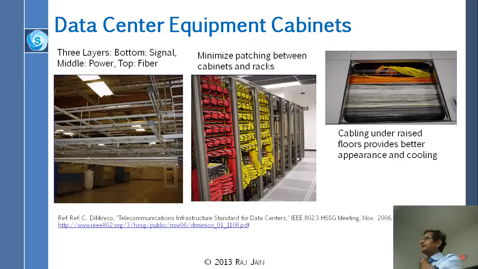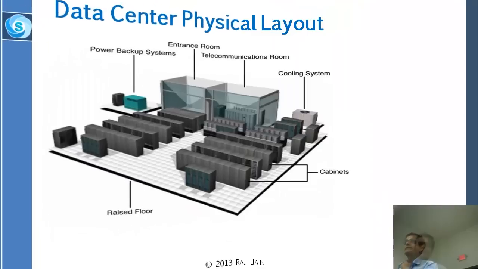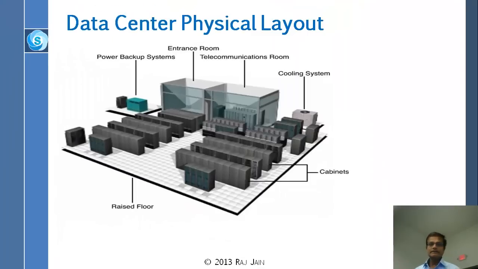Okay? Some places they would prefer, you don't need to have both. Some places they would prefer to have under the floor, and most of these floors are false floors, as you can see there, for heating and cooling regions. So these floors, you can see there are holes in the tiles. Those are blowing air. And underneath those tiles you might see a figure like this, where there are some more cables, the cables coming to these racks. Then the data center itself has a certain standard layout.